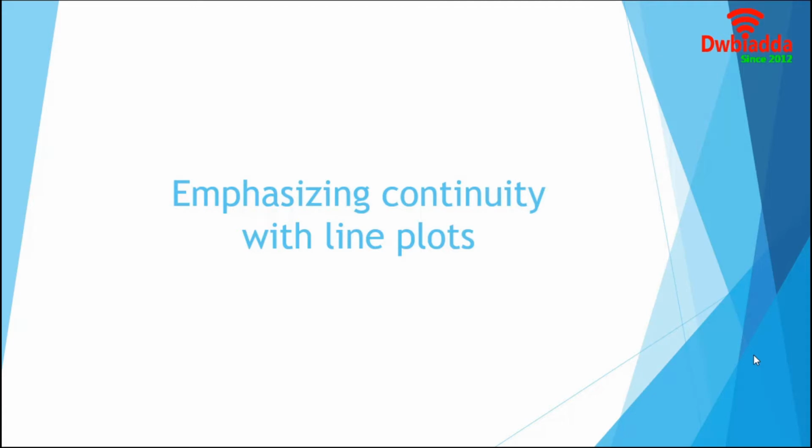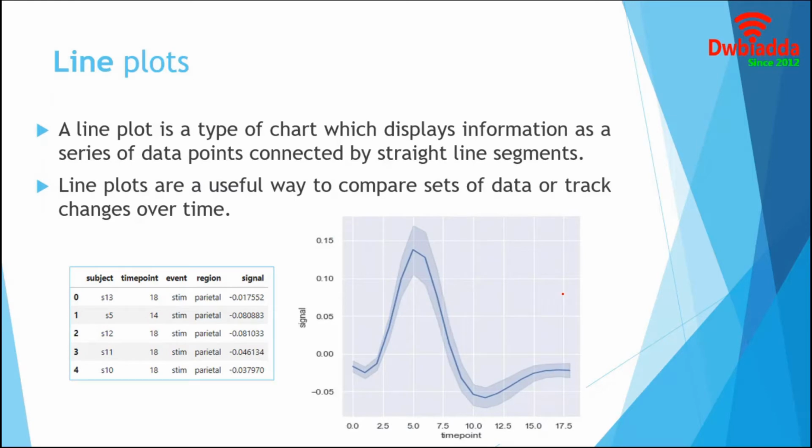Let's begin the session. Data visualization is one of the great approaches to discover the trends of the data. We have many alternatives, but line plot is a basic type of chart available in many areas of study. According to Wiki, a line chart or line plot is a type of chart which displays information as a series of data points connected by straight line segments. The line plot is a useful way to compare how a set of data changes over time.